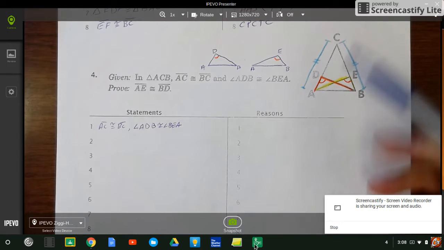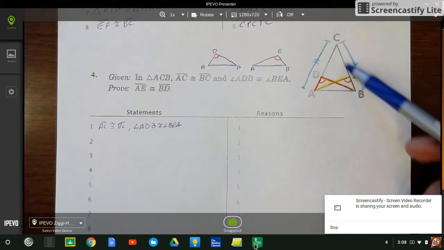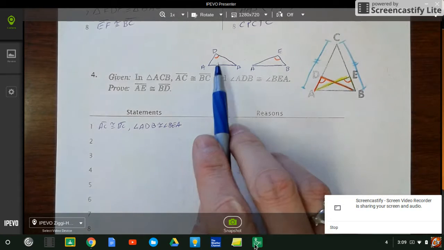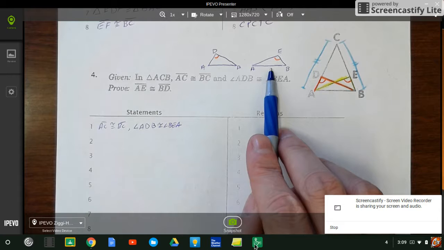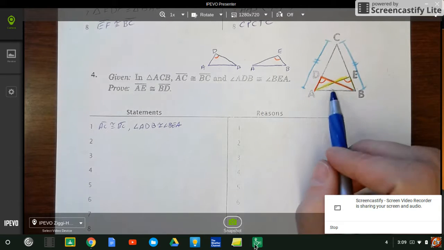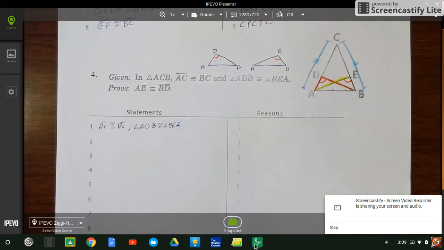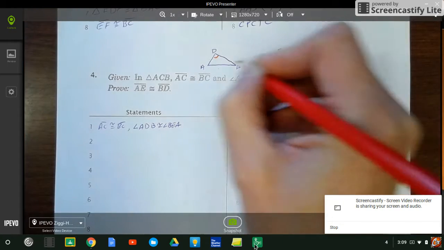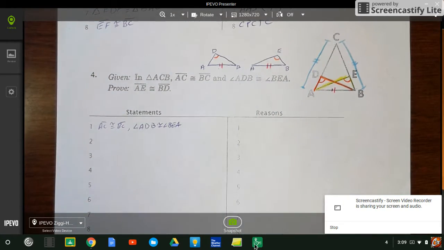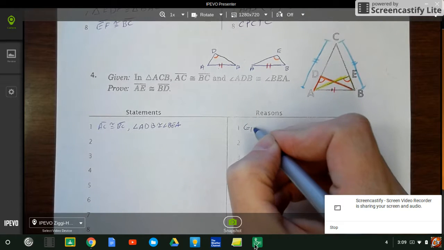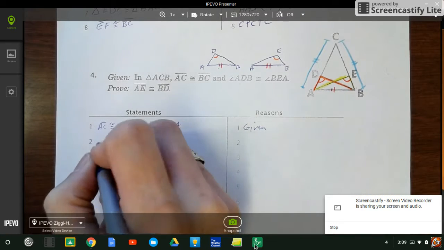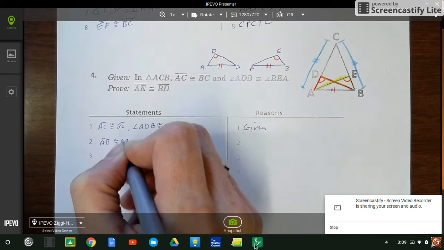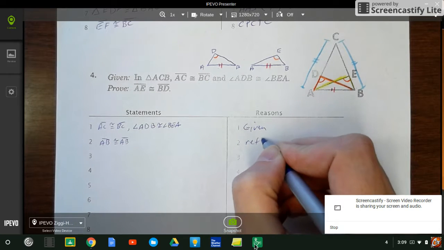Now here's the problem. This is that entire side, and that is that entire side. So that's going to cause me an issue. Now I do see AB and AB are congruent. So you know what? That's the same thing here. I want to get my congruent triangles, so let me use that side. I know I usually don't do that, but hey, it's there. That gives me something that I know for sure. So that's reflexive